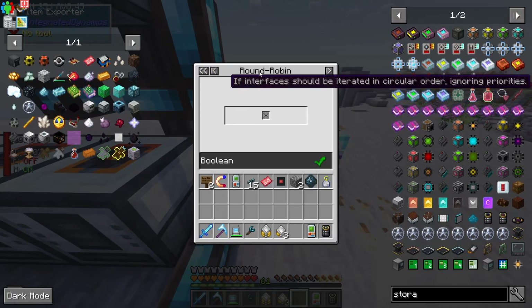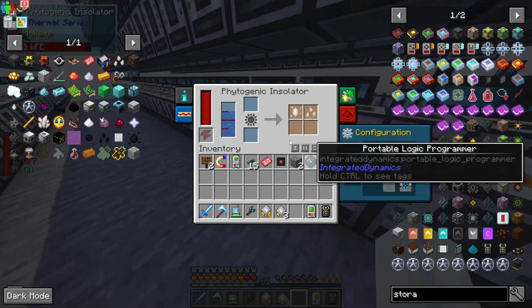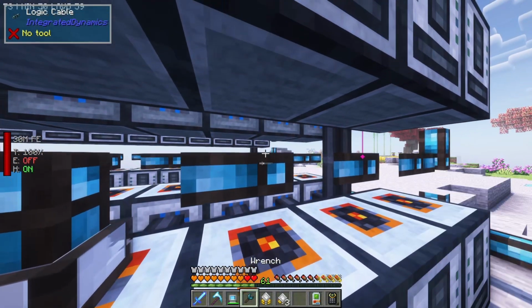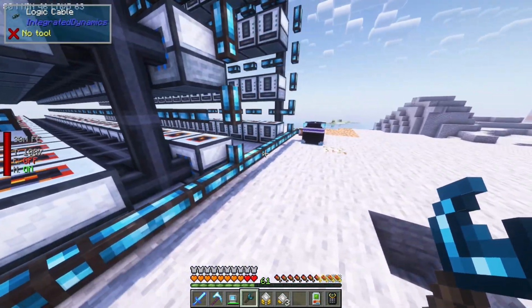It's definitely possible. All right, so this guy's still got stuff in him. I can try auto output. Any difference? No. What I'm going to see though is if maybe these pipes are messed up. Maybe I need to pick them up and place them again. And I want to see if that's going to solve this issue. If it does,